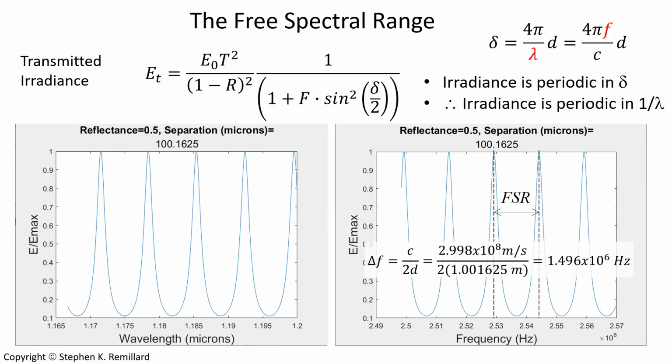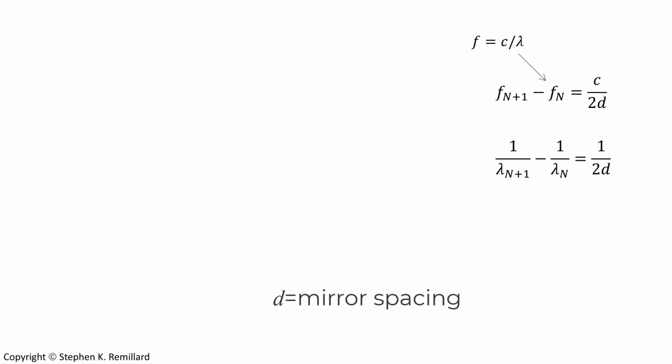Now in frequency domain, these peaks are exactly the same separation forever. In wavelength domain, if I look over a long enough range of wavelengths, I'll see that the peaks get closer and closer together. The free spectral range, or the separation in frequency domain of these peaks, is c divided by twice the spacing. And so if I wanted to actually calculate what a resonant frequency would be given another one,